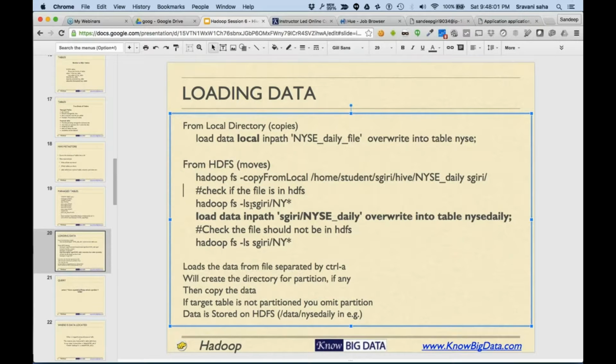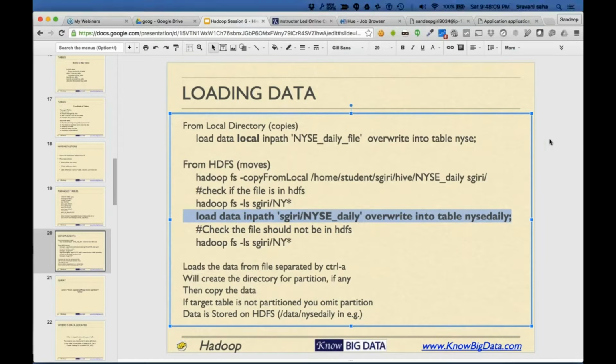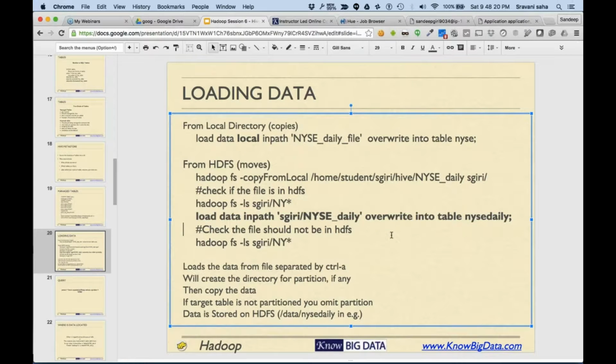Then you check whether the file has been copied to your home directory or to the directory where you want it, and then you load the data from that location into the table in the following way. So instead of saying local, you simply say load data inpath, overwrite into the table. And once that is done, you check whether the file is there or not. The file where the actual data was would disappear.